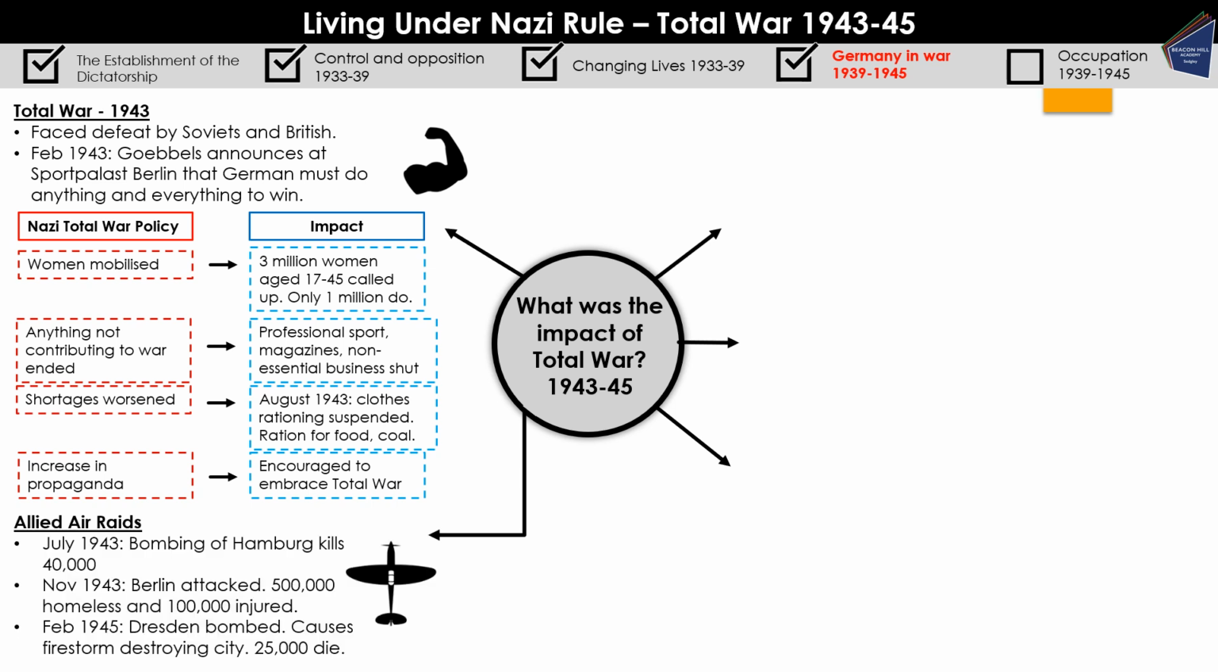Allied air raids continue to get worse. So in July 1943, we have the bombing of Hamburg, which kills 40,000 people. In November 1943, we see Berlin attacked, and we have 500,000 German people left homeless and 100,000 people who are injured. And in February 1945, we have Dresden, which is bombed, which causes a firestorm which destroys the city, and